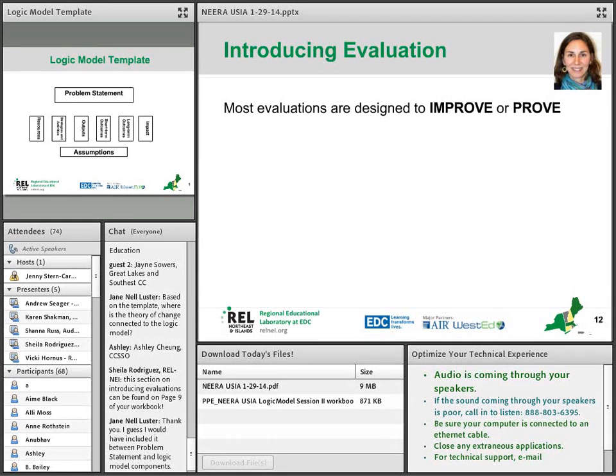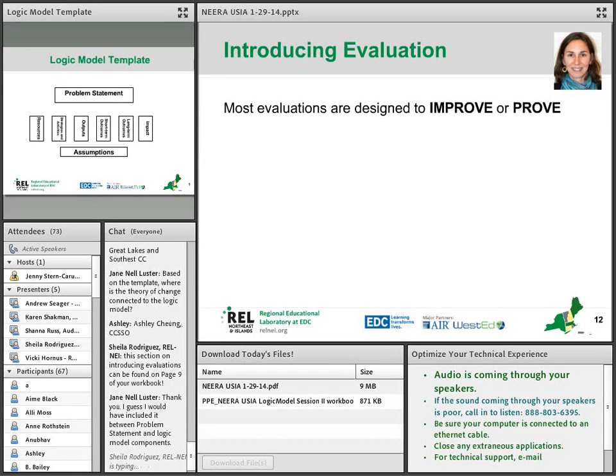For example, if you're thinking about an improve type of evaluation, and you want to take the case of educator evaluation, and someone referenced this just as we were putting things up on the chat pod, you might be thinking about, as an improve goal, identifying the practices that achieve the goal of improving teachers' use of data to inform instruction. So you would be looking at what are the practices that really make the difference in terms of improving teachers'